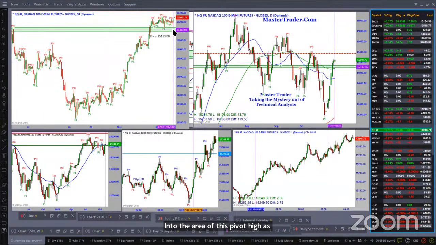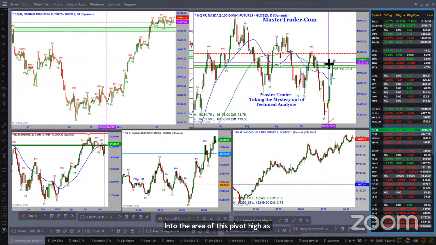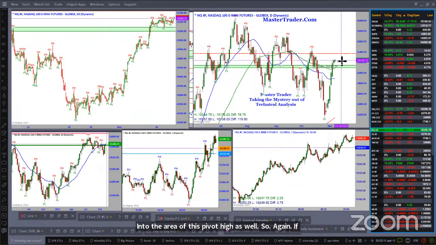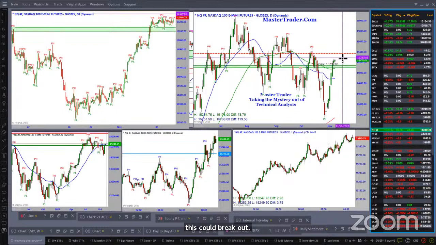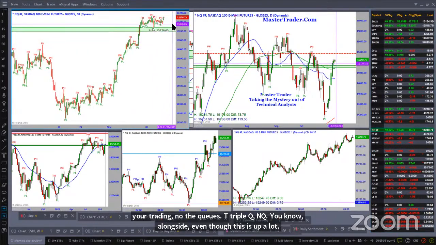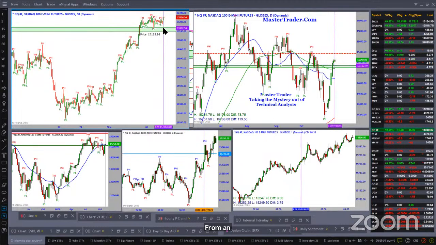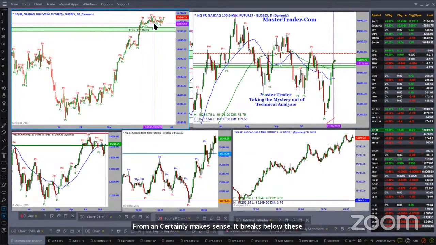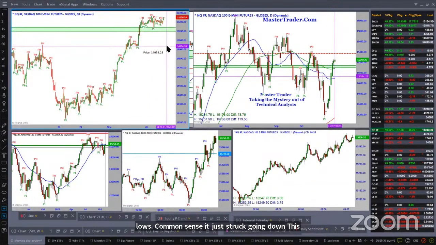So again, if this could break out and you're trading the QQQ, TQQQ, NQ, the long side, even though this is up a lot from an intraday point of view, certainly makes sense. If it breaks below these lows, common sense, it should start going down. This congestion area becomes resistance, and this should come down to support. Now,